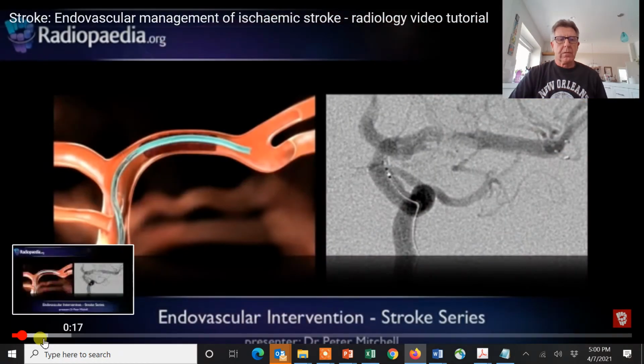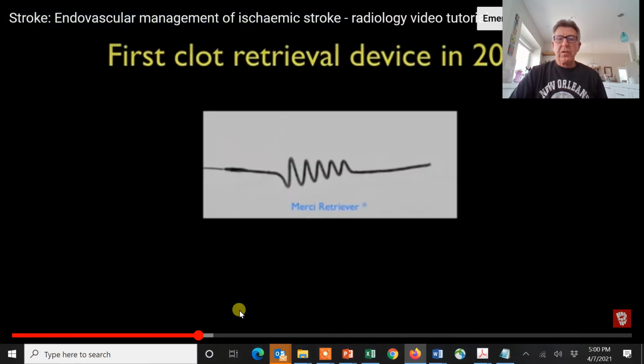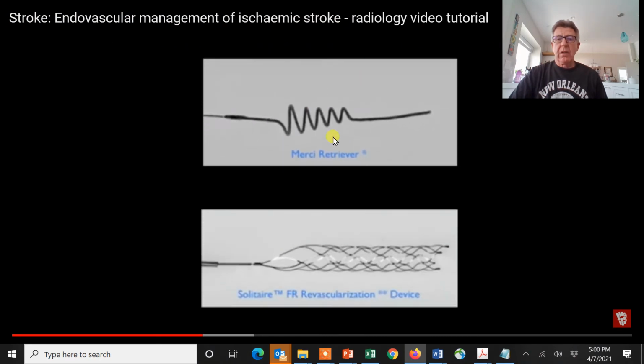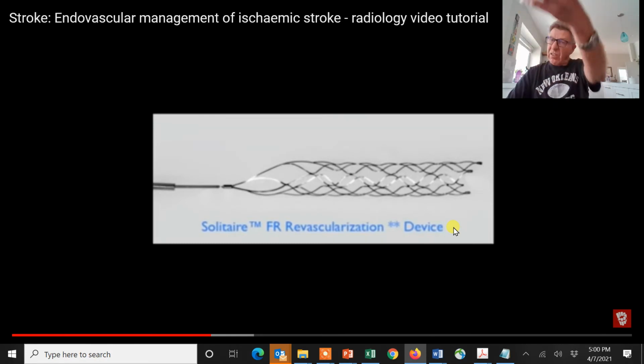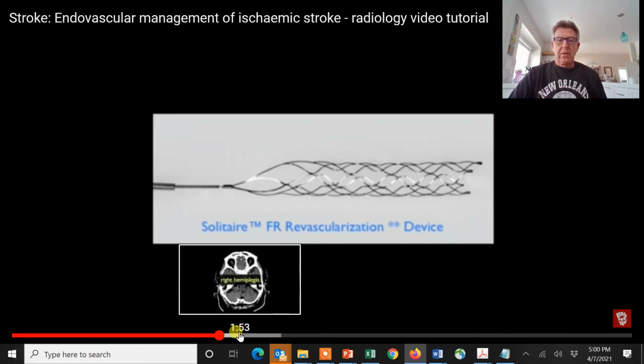Hi, I'm Peter Mitchell from Radiopaedia.org, and in this last episode of our stroke series, we will be discussing endovascular intervention on ischemic stroke. In 2012, a new type of device became available, Solitaire, which comprised a relatively open mesh stent attached to a wire, hence retrievable, originally designed for use in